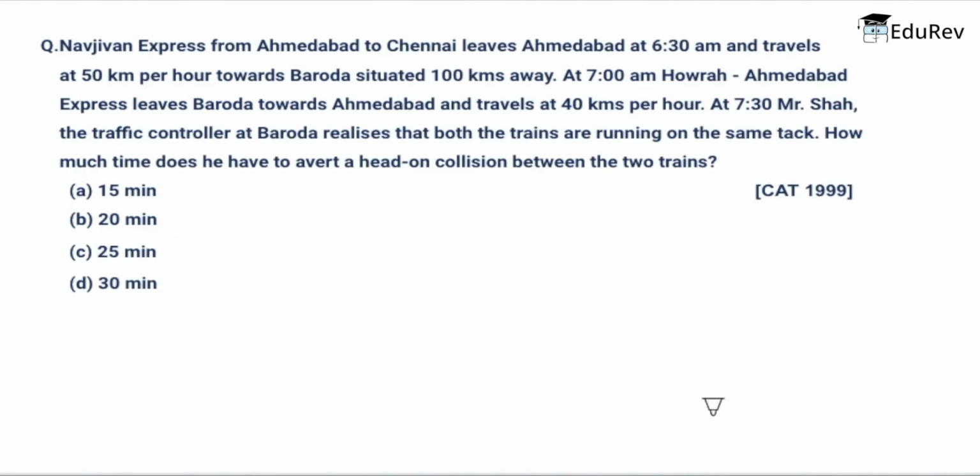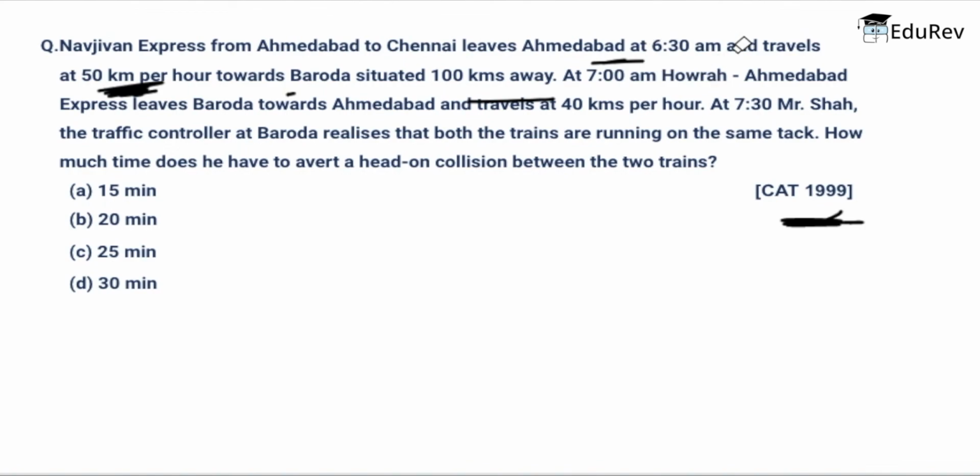So let's move further and solve this question, and this question is of previous year, of year 1999. So let's solve this question and be done with the lecture. The last question says that Navjeevan Express from Ahmedabad to Chennai leaves Ahmedabad at 6:30 am and travels at 50 kilometers per hour towards Baroda, situated 100 kilometers away. Now at 7 am,